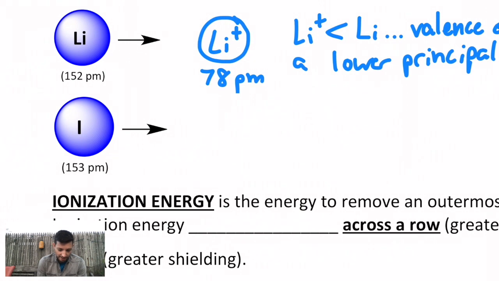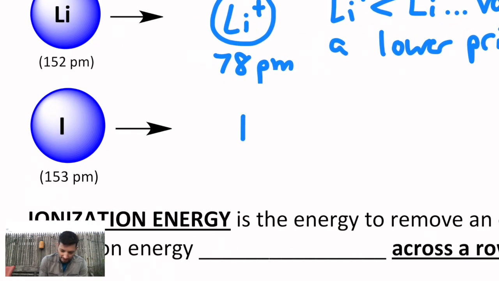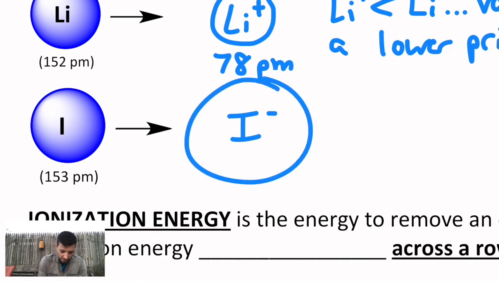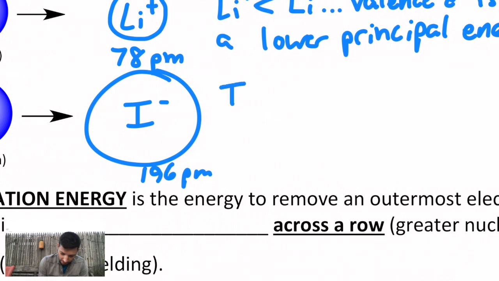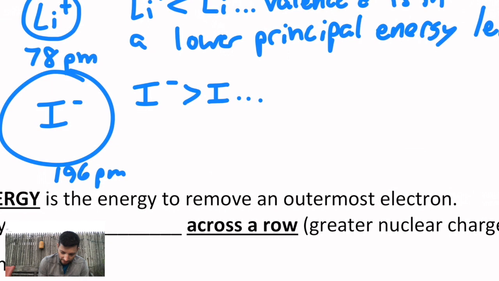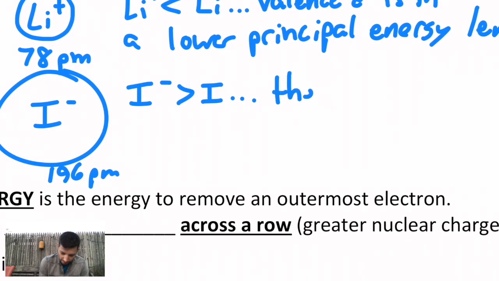Let's say I have an iodine atom. When you become the iodide anion, it's actually quite larger compared to the parent one. 153 picometers becomes about 196 picometers. So the reason an anion is larger than the neutral atom of the same element is there is more